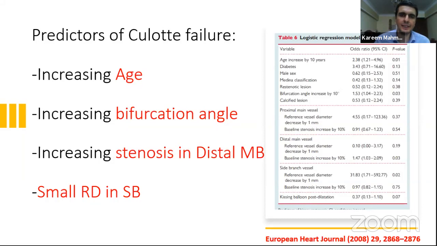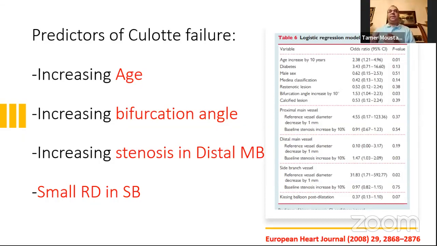If we didn't achieve a good, adequate pre-dilatation of the side branch lesion in the presence of fibrosis and calcification, the incidence of failure of any bifurcation technique will be high. So the impact of age is the extent and degree of atherosclerosis, and the presence of calcification and fibrosis, as you mentioned.